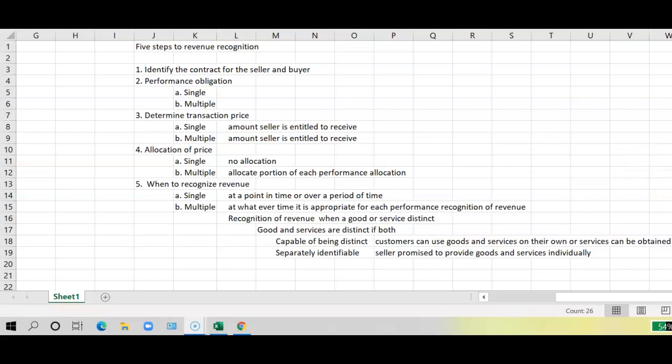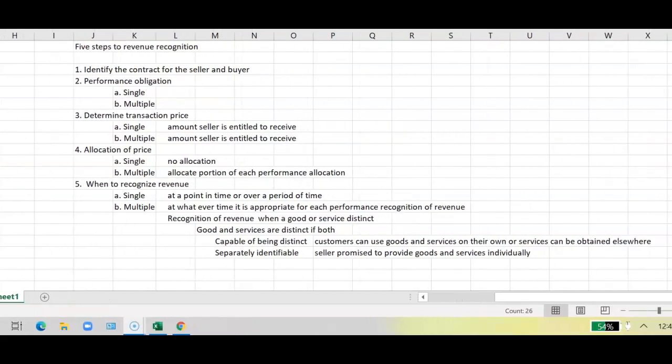Before we start reviewing some exercises in Chapter 6, I'd like to go over revenue recognition. And probably from your financial accounting course, you remember hearing or may have been introduced to the 5 steps to revenue recognition. And prior to establishment of the 5 steps of revenue recognition, revenue was recognized